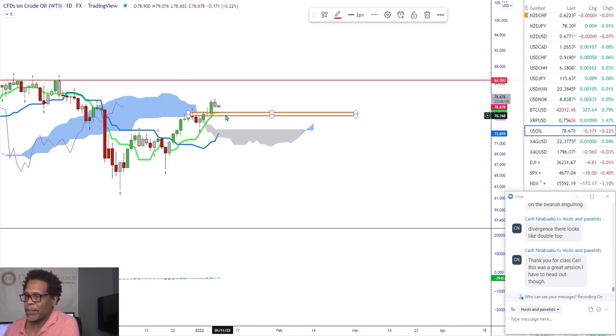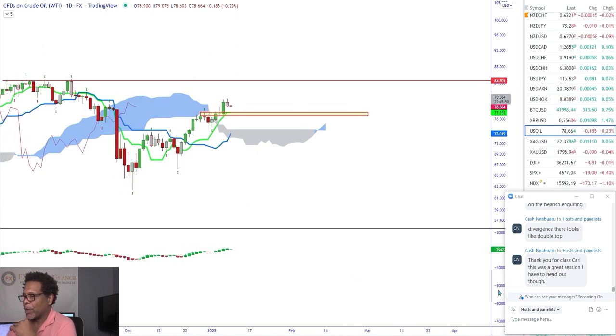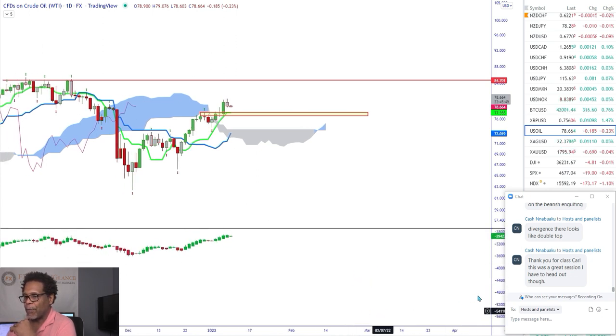But I think if you get a little correction back into this area, then you could catch that long. At that point, I would definitely go long. Now, if it drops even lower, then it could drop into this Kijun-sen area. But I don't see oil dropping this low. So I'm seeing a bounce on this area is where I'd be looking for my trade. You can see right now we have demand coming into the market. So we may not even correct back to that level.